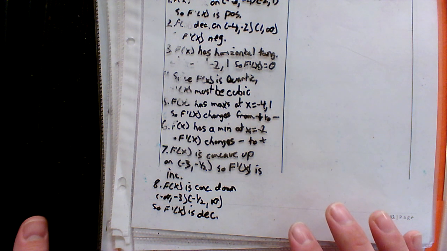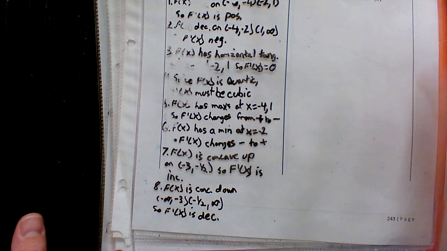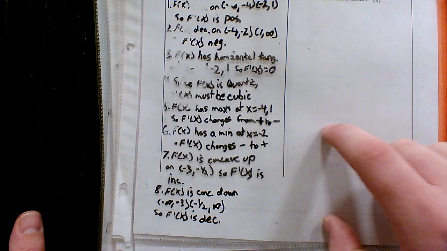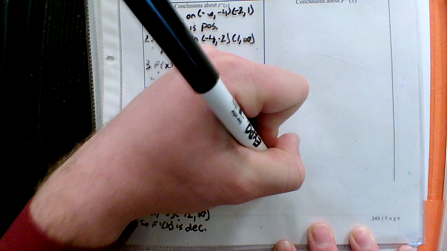Now we have 2 more statements left, so I'll probably write them over here for the f prime of x side. We have 2 left. Then we don't have as many for the second derivative on this sheet, so you'll have some room. So I'm going to use this space down here for the last 2. So for number 9,